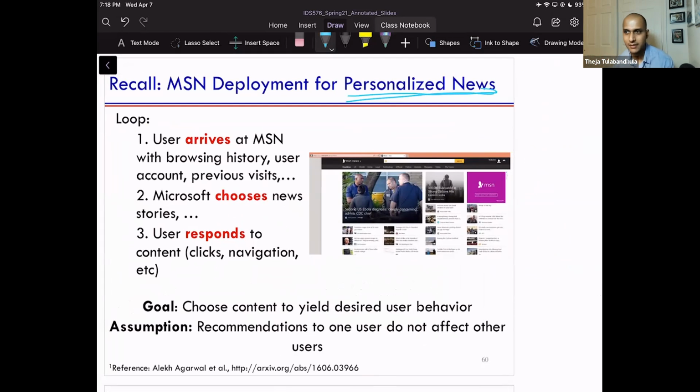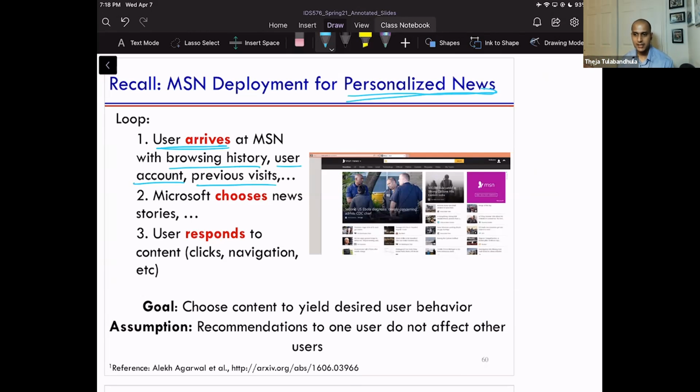So msn.com is a web property, I think, where you get to see news articles. Here the machine learning problem, or the decision making problem, is to personalize the news stories to the users. A user arrives to this website, but when they arrive, they generally have information. The website has information about them typically, which is their browsing history. Maybe they're already a Microsoft user, so they'll have a user account and previous visit information, which articles they saw before, and all that. Based on that information,